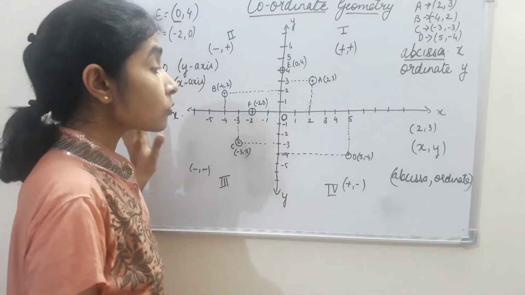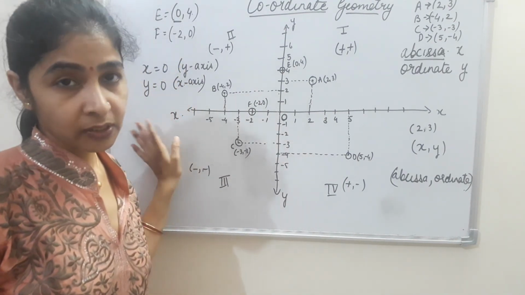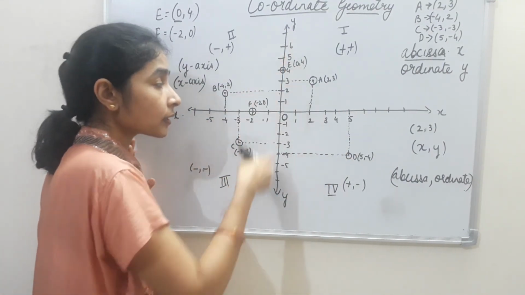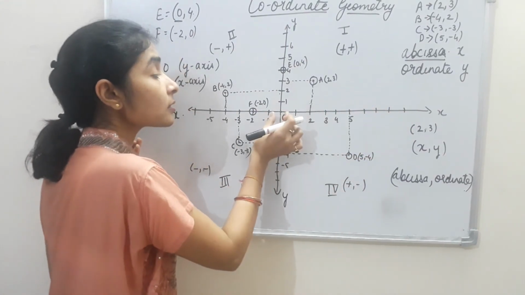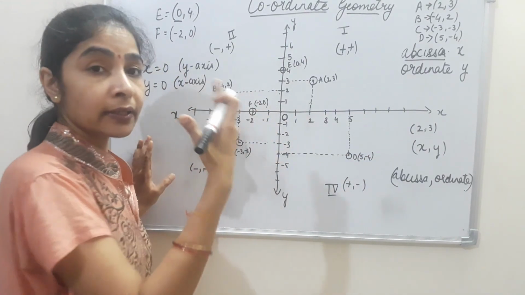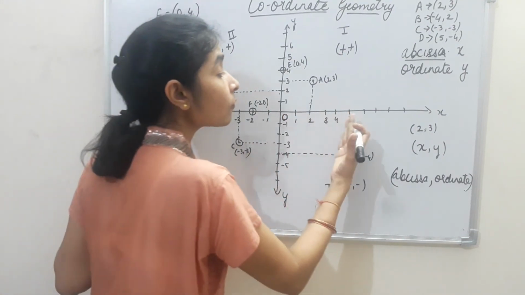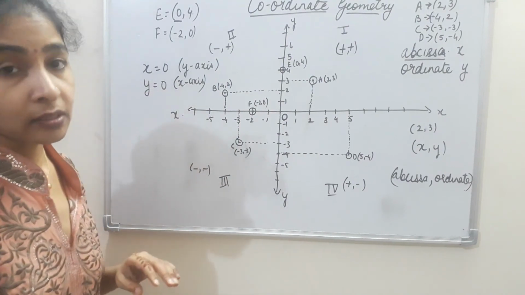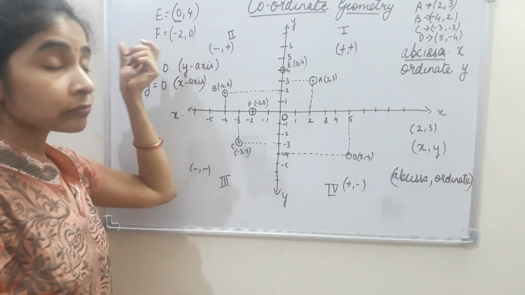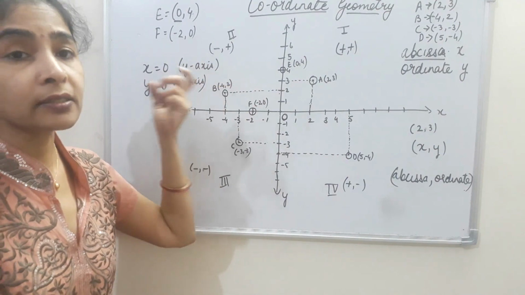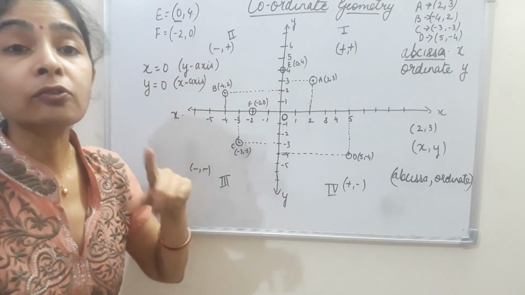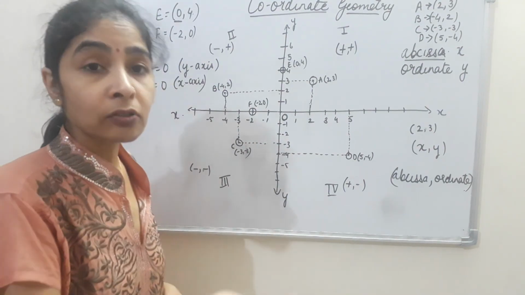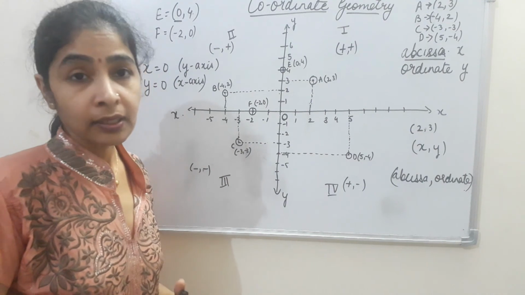Like this it lies. So in the 9th class you have this much in your syllabus, where you are supposed to know that this is the horizontal axis, this is the vertical axis. Horizontal is the x-axis, this is the point of origin. When the x-coordinate is given, you move on the horizontal axis, and the y-coordinate moves on the y-axis. When the value of any of the coordinates is equal to 0, then the point lies on one of the axes. If x is 0, then it lies on the y-axis. If y is 0, then it lies on the x-axis.